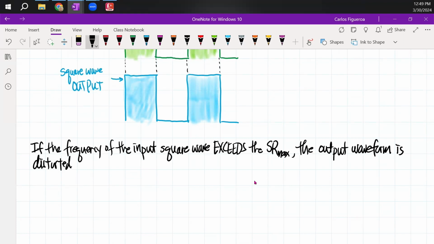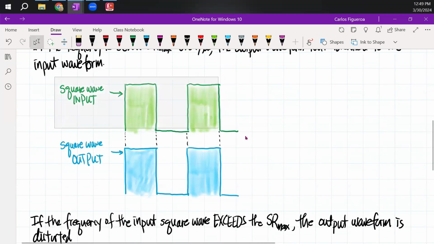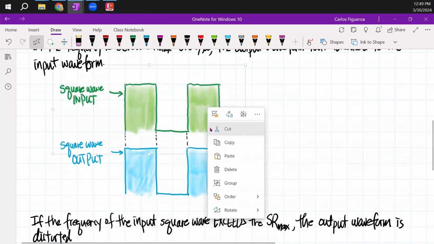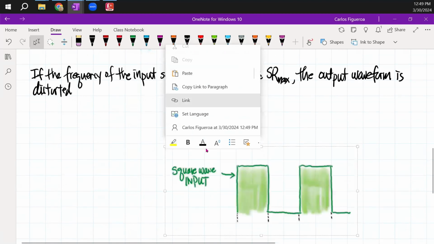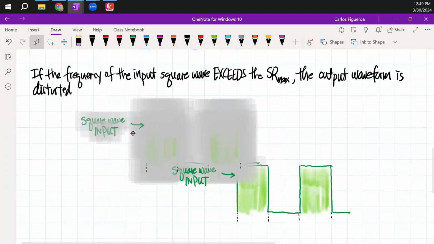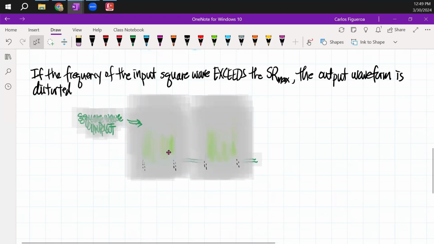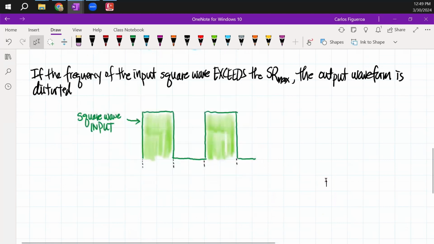I don't know if distorted is the right word, but that's the word I'm going to use. So if I grab this, because I'm putting in the exact same square wave, but now at a higher frequency, look what happens now. If I follow this all the way down,